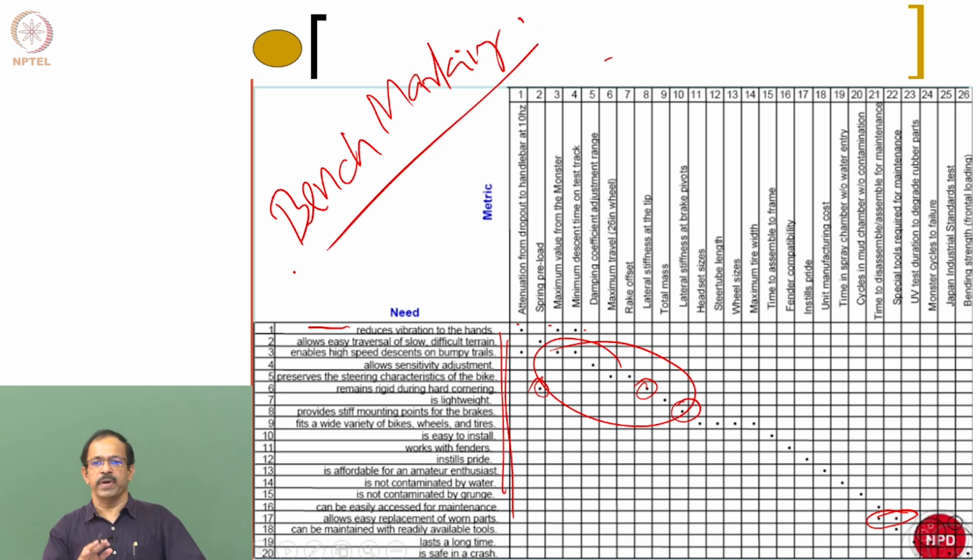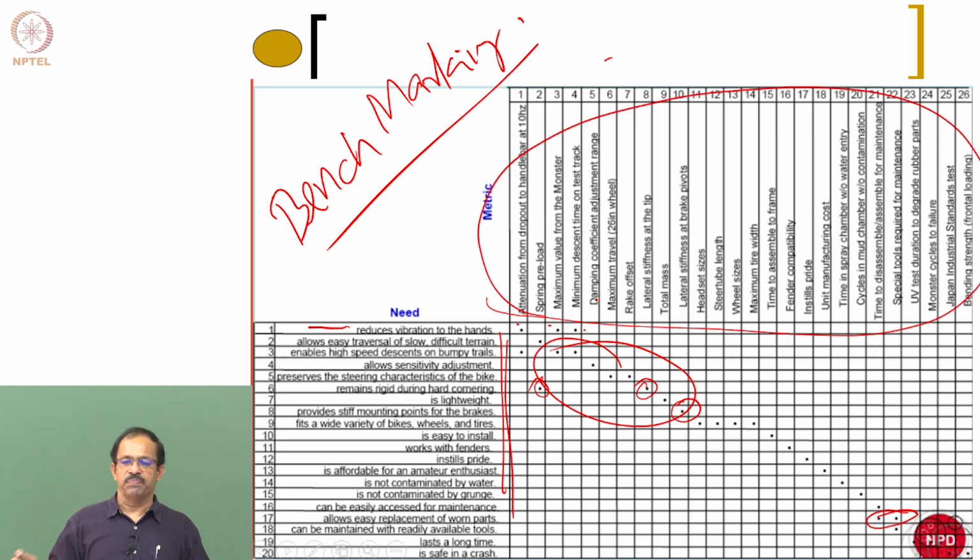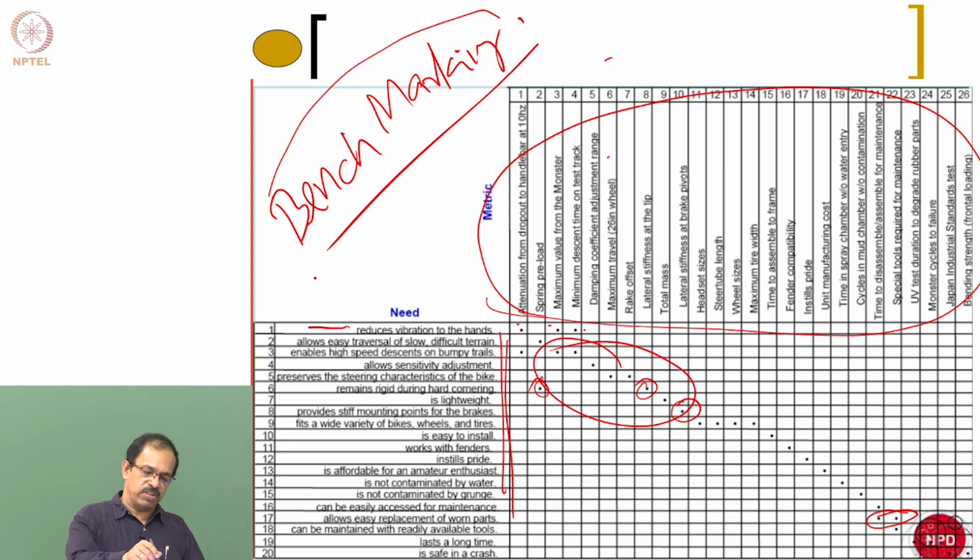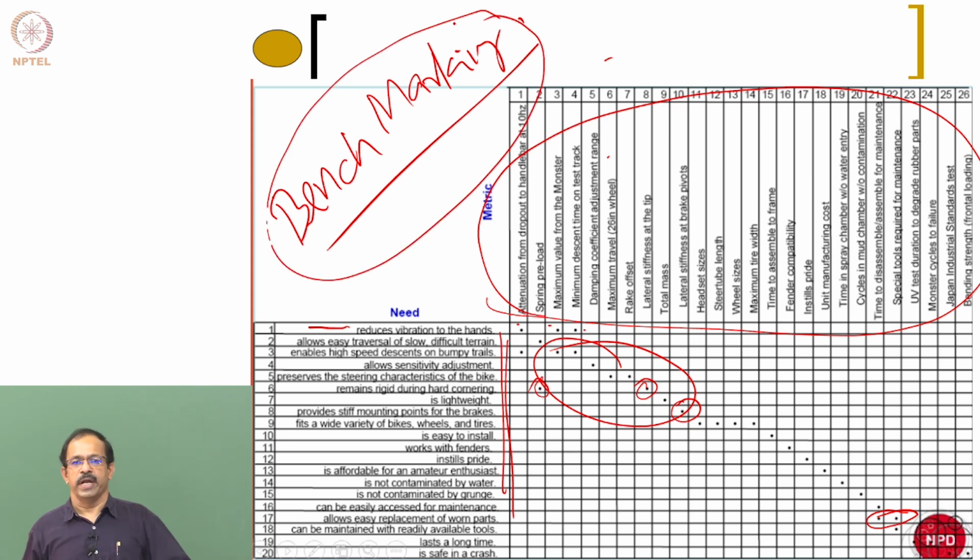So benchmarking is where you compare your metrics with other products and see how these companies and products are performing, and then see whether you can use their values or better values for your metric. That is known as benchmarking to identify the values for the specification. We'll discuss this in the next class: how you can use the benchmarking information in order to get the values for your metrics. Thank you.